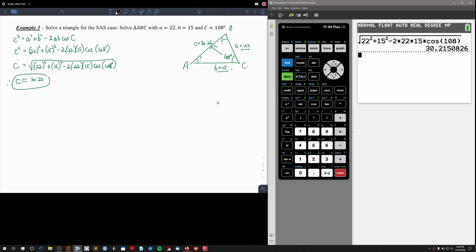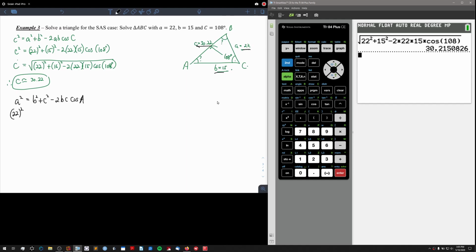So if I want to find angle A, I need to use the formula that has angle A in it, and that's this formula. Okay, A squared equals B squared plus C squared minus 2BC cosine A. Okay, that's what I'm trying to find. There it is, cosine A. Okay? And so plug stuff in. So here I now know a whole bunch of information. I now know 3 sides, so I can find another angle. Okay? So you get